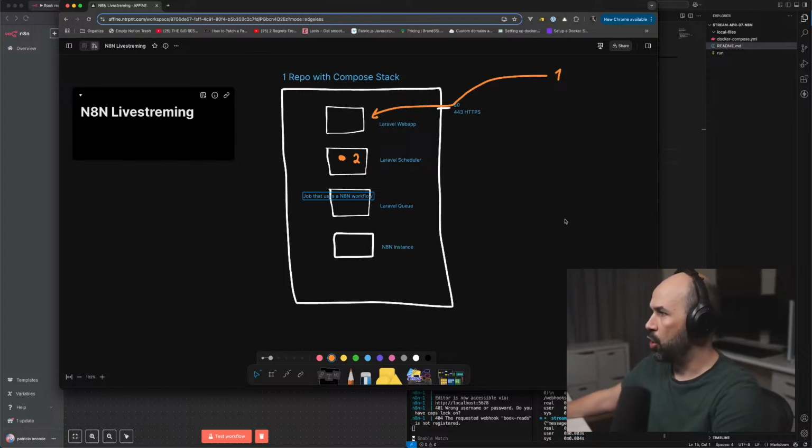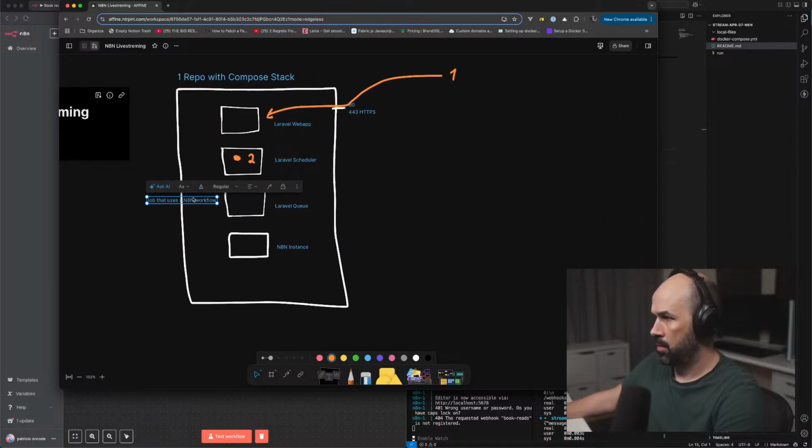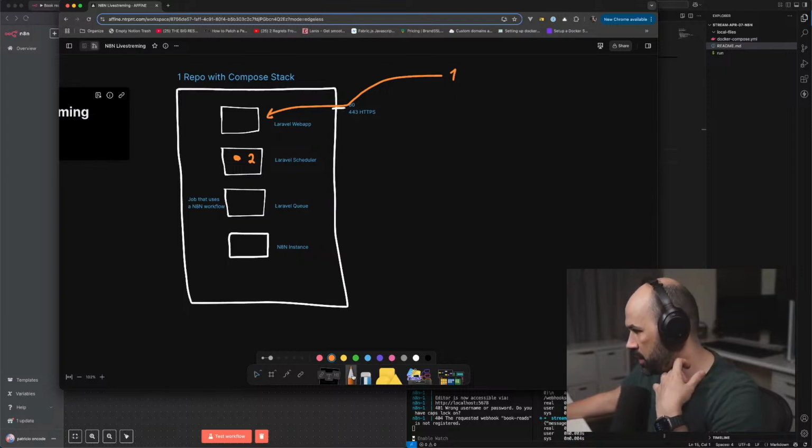We can make all sorts of entrances. We can have a job that uses an N8N workflow.